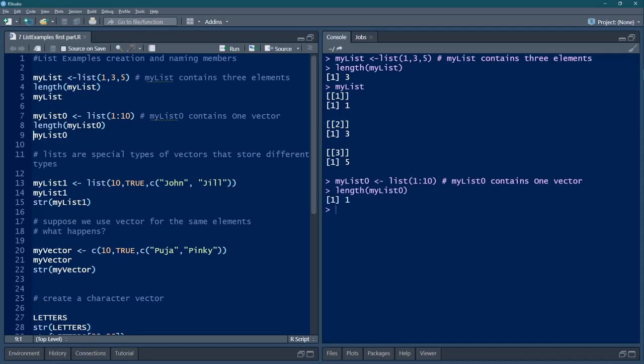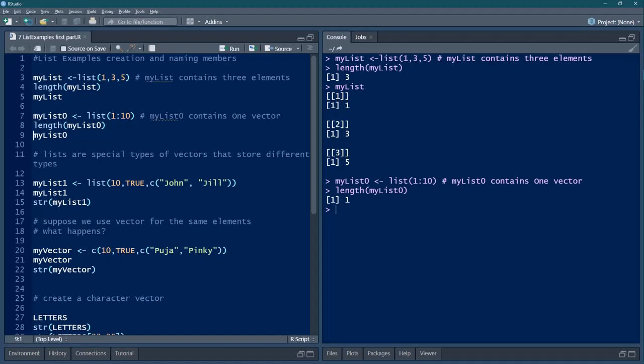If you are expecting 10, then here there is a puzzle. 1:10 is considered as a single element because that element is a vector by itself, and individually the elements of the vector have not been given to list. What we gave is 1:10, which is nothing but an integer vector. So the list contains only one integer vector and that is available here.